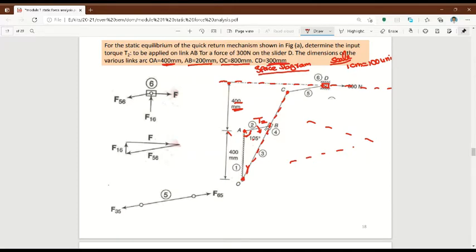So take your compass and set 3 centimeters on the compass. Keep one end of the compass on C. With the other end cut the arc on the horizontal line. We will get point D. Now we have finished drawing the space diagram. Now we have to move to the solution part. This is also very easy.